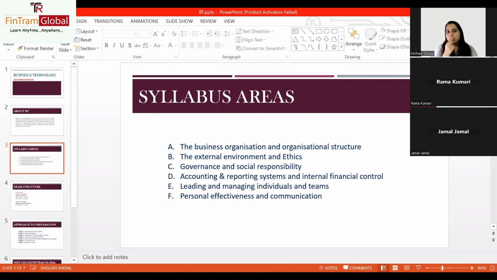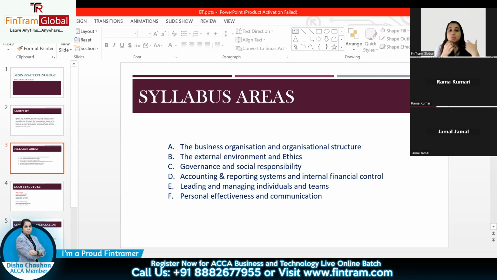So E is more on management and leadership. Business studies previously covered it, a little bit touched upon that. There will be some new theories that you will be learning here. Leadership management, what exactly is supervision, recruitment and selection, individuals and groups, and motivation. What are the differences when you're working as an individual or in a group? What exactly are the motivational theories, and how can your managers motivate an employee? All that is something we will be covering here.